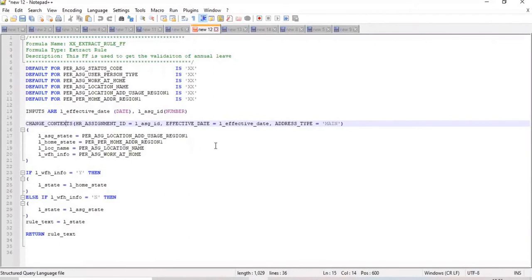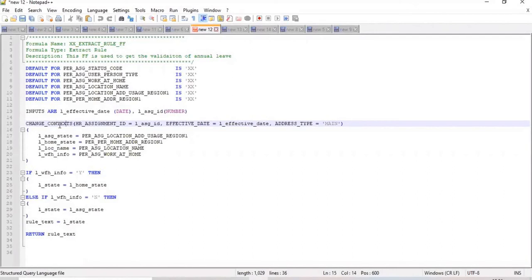If you look at EBS, I don't know how many people are from EBS, you cannot directly get that information. You write some function in SQL and PLSQL, get that employee information, and then register that function in Oracle. Then you use that function in your formula. That's how we do it in EBS for fast formulas.